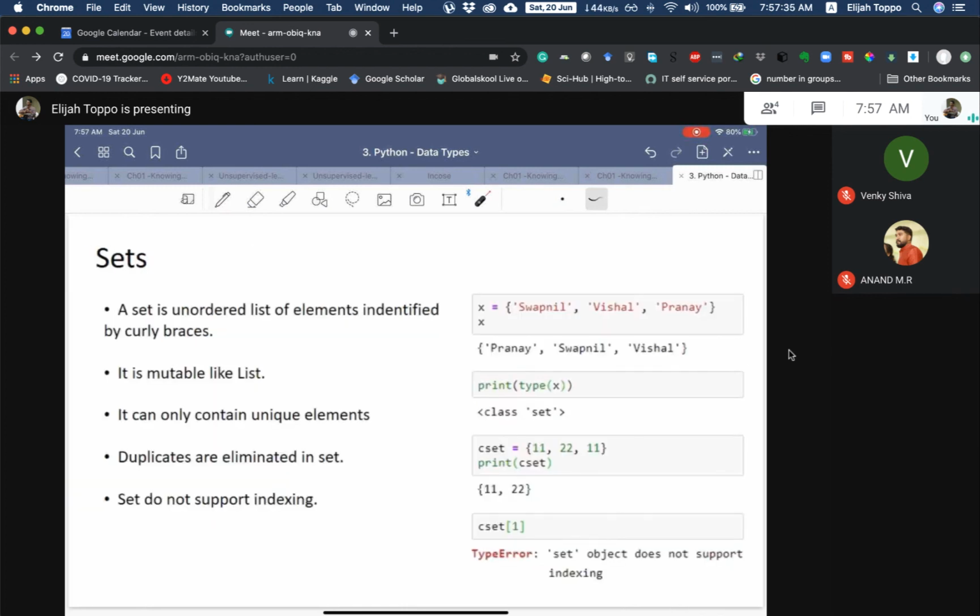Another interesting data type is sets. So sets have certain values. So let's say here we have a set. A set is defined with curly braces. So these are very similar to sets that we study in maths. Okay, when we go to examples, you will know the difference. Here we have a set with 3 elements. So the 3 elements are 3 strings with 3 names: Swapnil, Vishal, and Pranay. And you see here